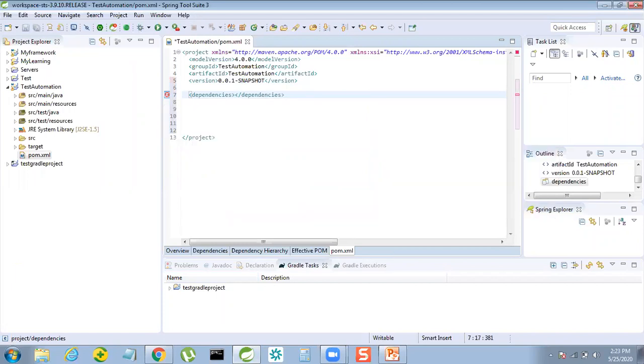Okay. So I just added the dependencies tag, one starting tag, one ending tag.